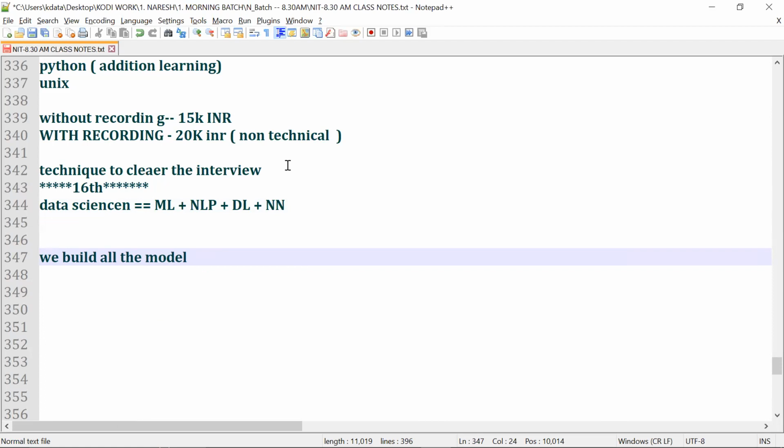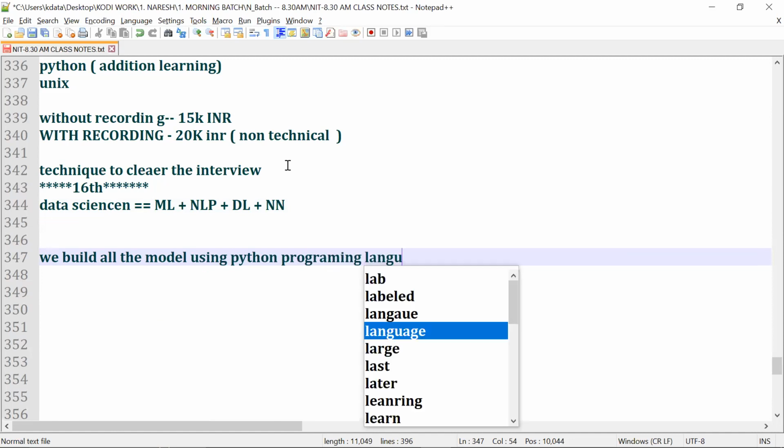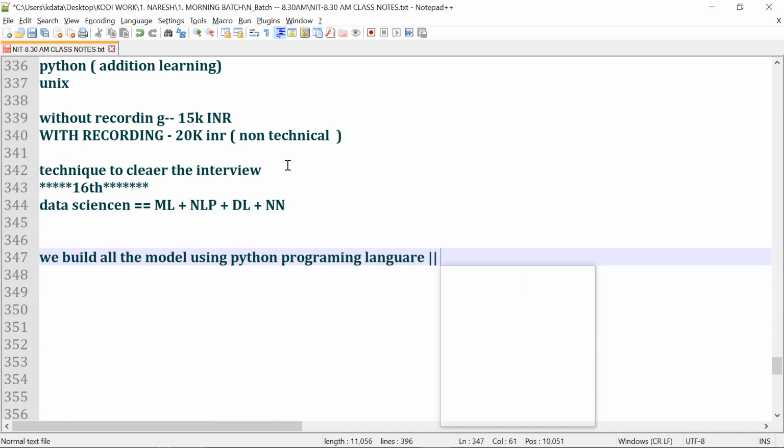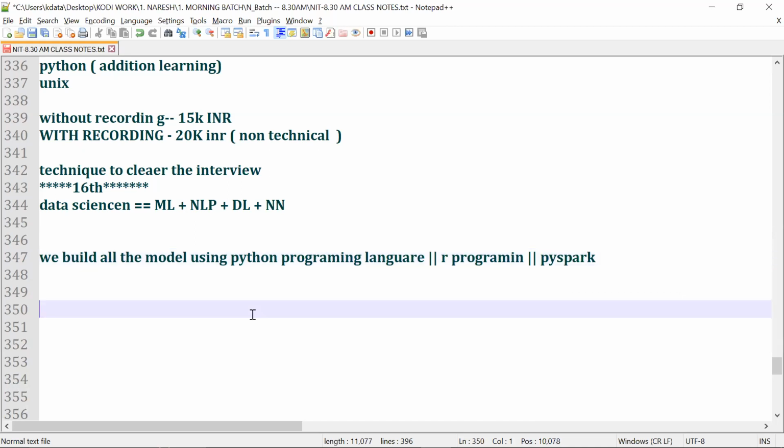We build data science models using the Python programming language, or R, or Spark, which is called PySpark. Everybody's clear? Now, most, about 90% of organizations, let me tell you.